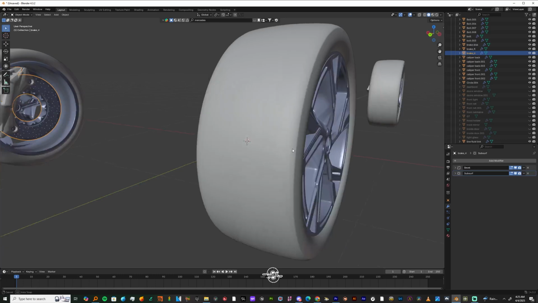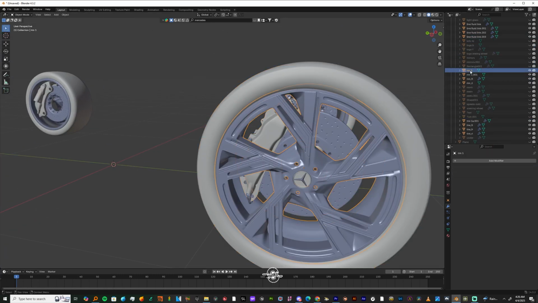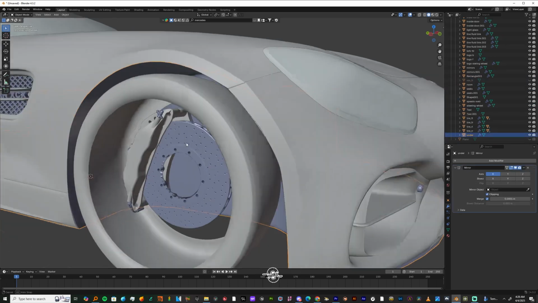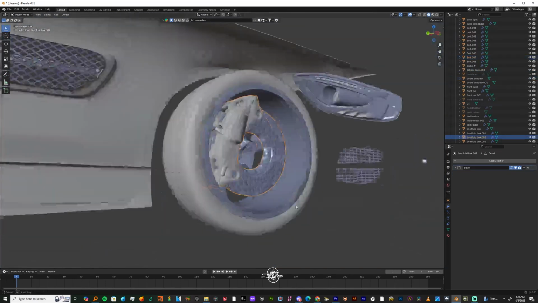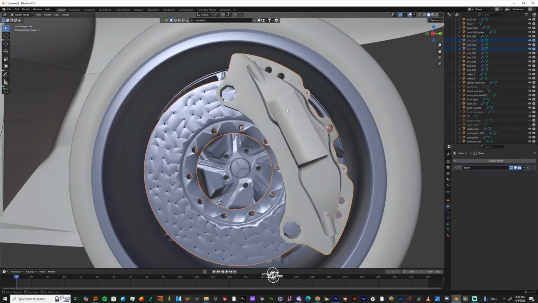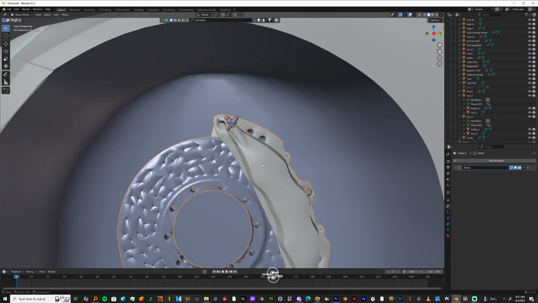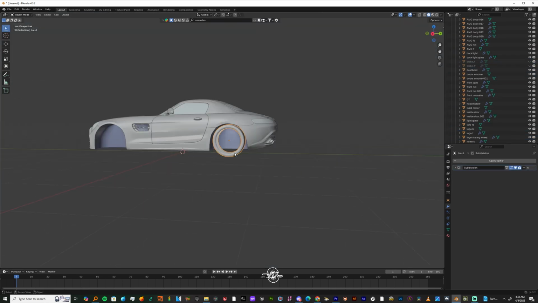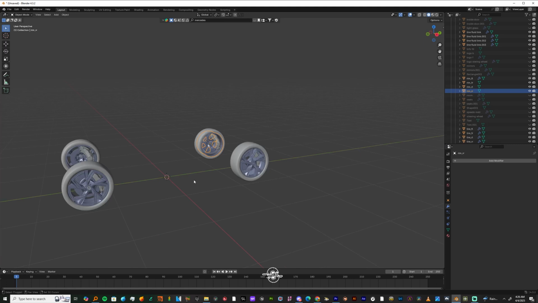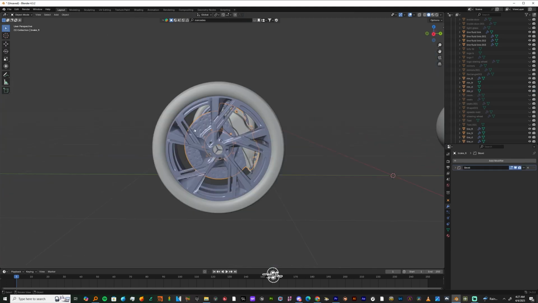So now let's just repeat the same process for the next two wheels. I'm gonna speed it up and I'll be back. All right, so now that you have all of your wheels ready, everything is separated, everything is named correctly, we're gonna do the parent. So we're gonna take the caliper, the rim, and the tire, and we're just gonna press